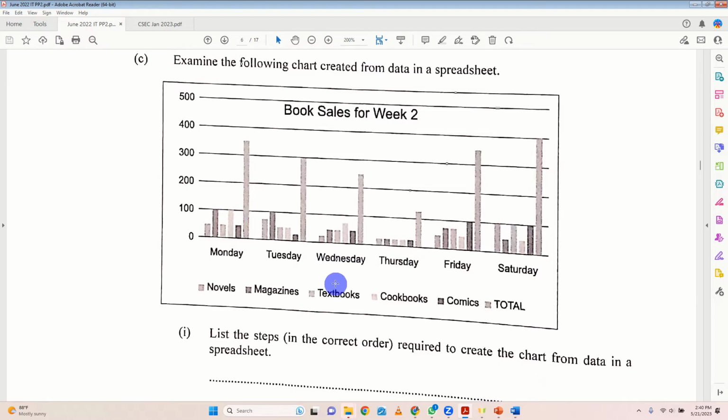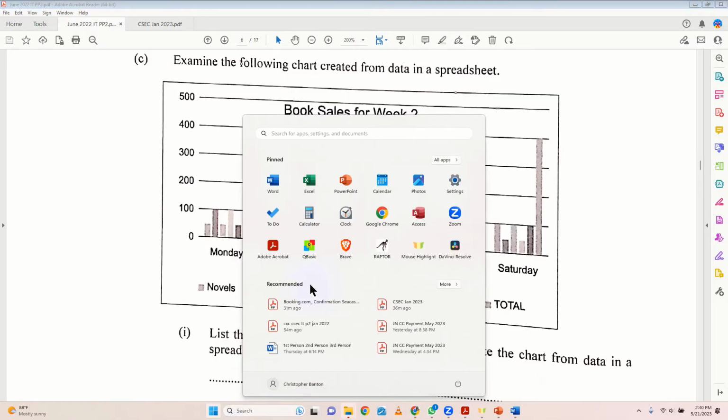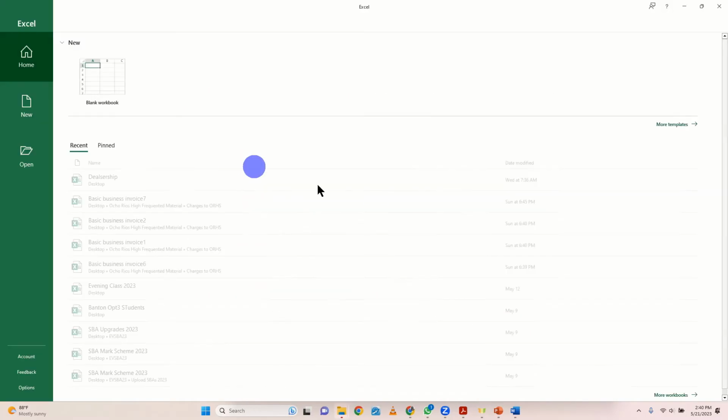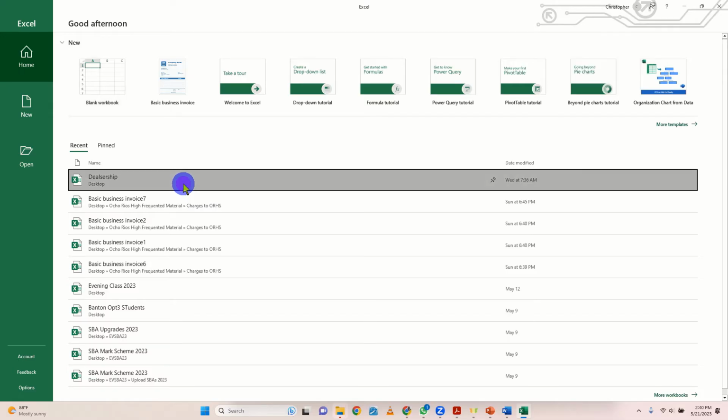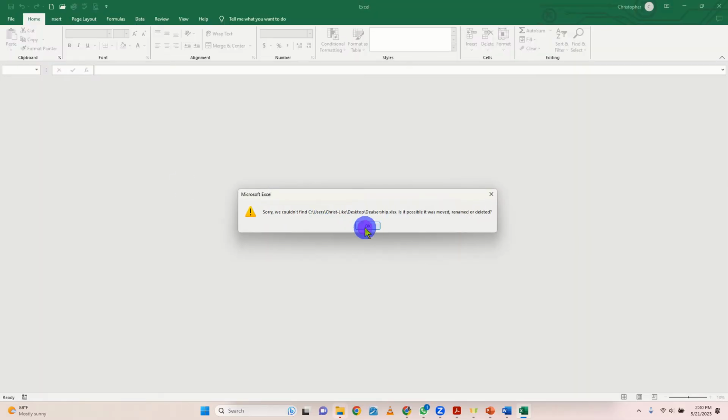Then what you could do is go to insert chart elements. Let me go back here. Chart elements. Depending on the version of Microsoft Office that you're using,